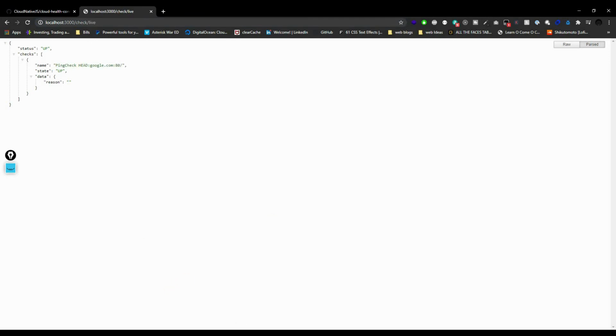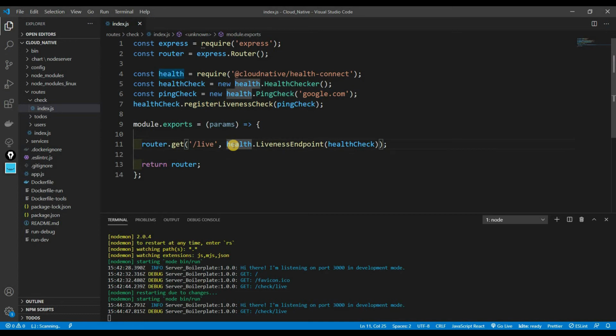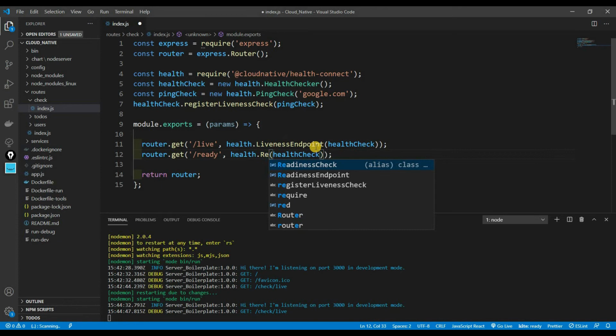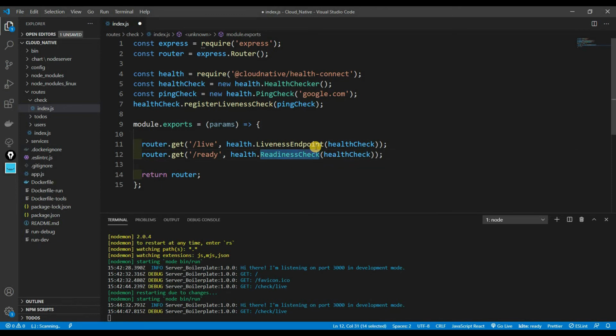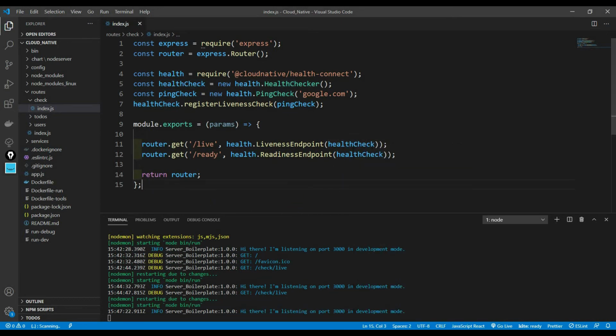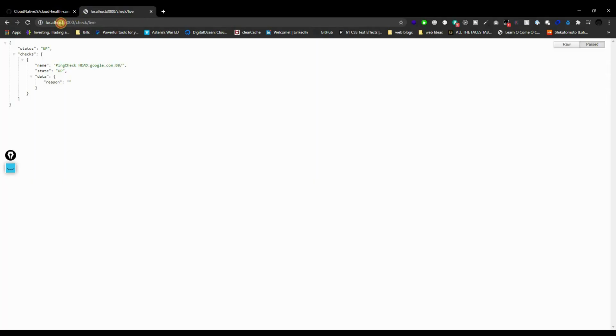Now let's do the /ready route. It's going to be the same thing, except it's not going to be live. It's going to be /ready. And instead of liveness endpoint, it's going to be readiness. There you go, readiness endpoint. And we're still giving it the parameter health check. So if we save that, let's go back. If I refresh the live, we should still get good stuff. If we go to ready,